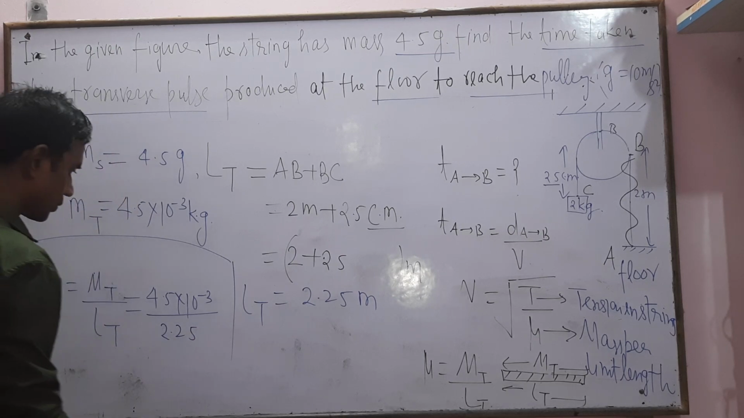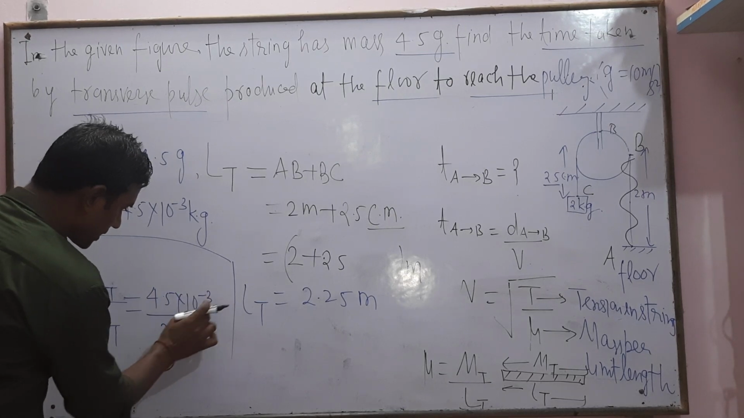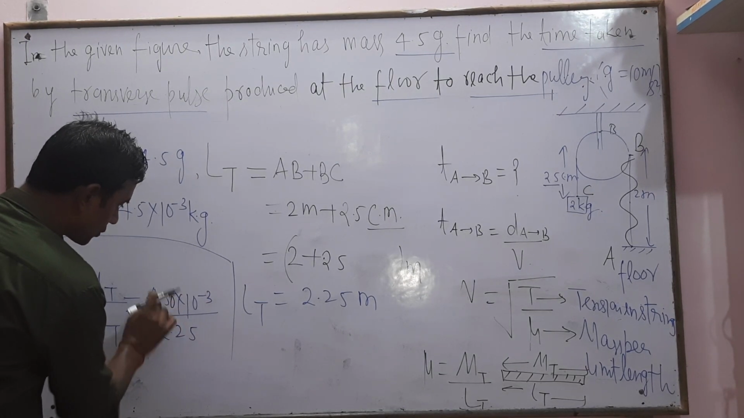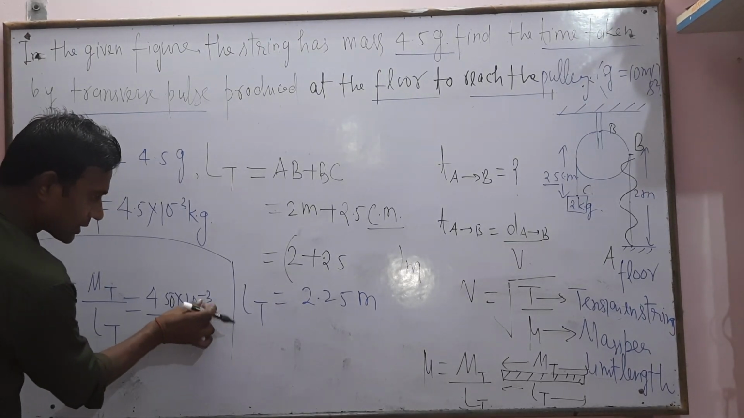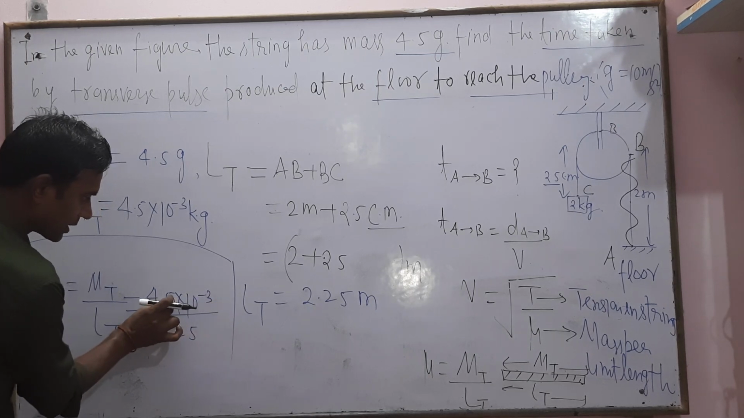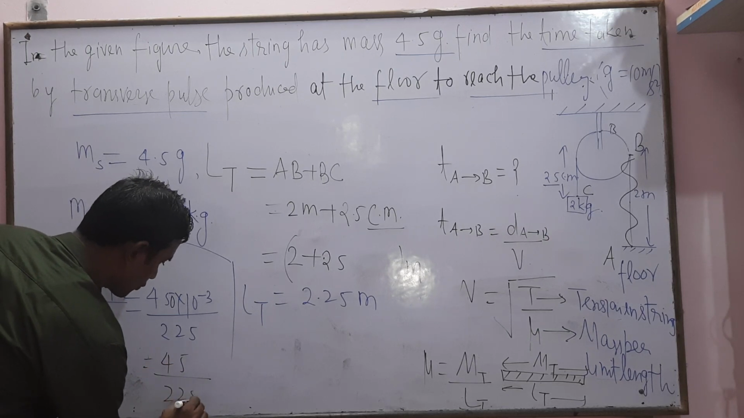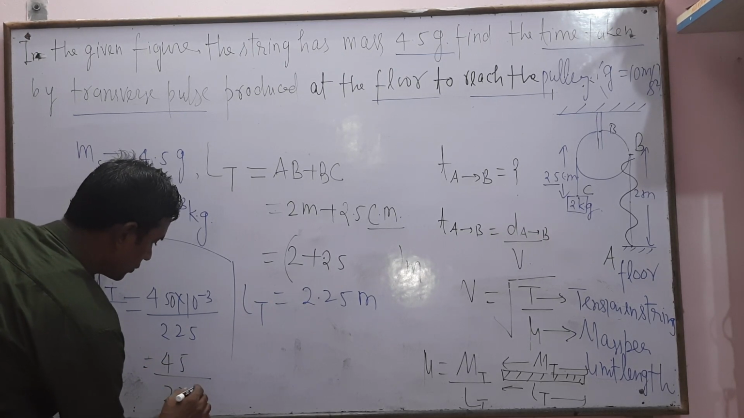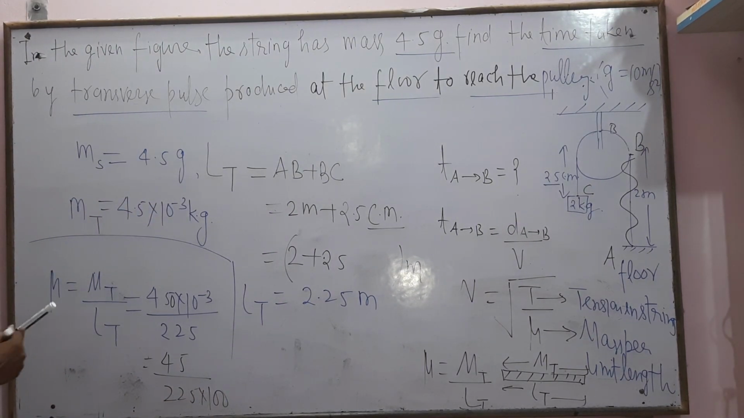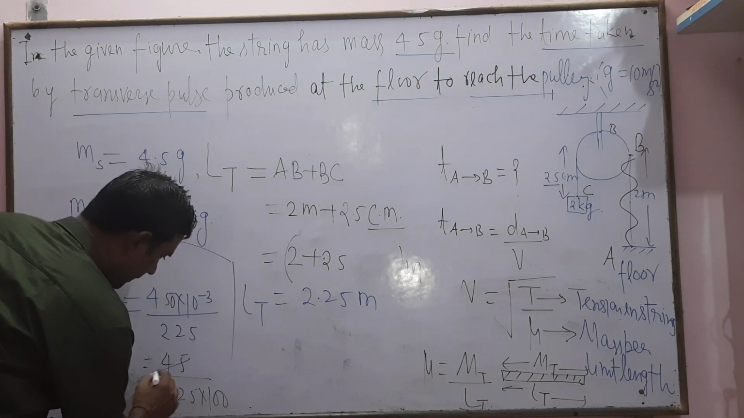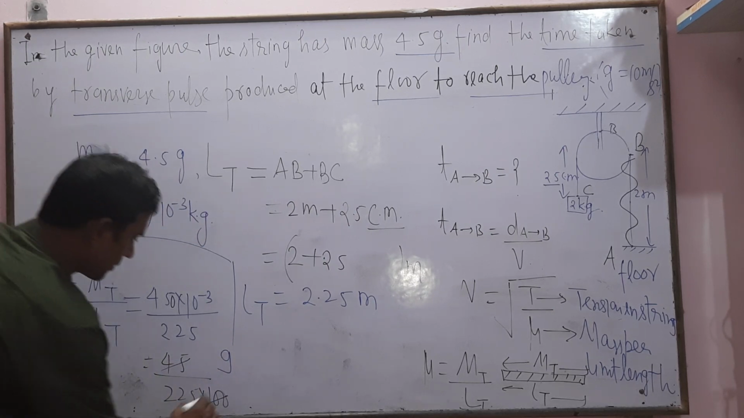2.25 meter. Also you can calculate here, the decimal point goes here and will be cancelled out. 10 raised to minus 3, so 10 raised to minus 1 into 10 raised to minus 2. 45 divided by 2.25 into that number equal to 100. So that 5, 9, 45 divided by